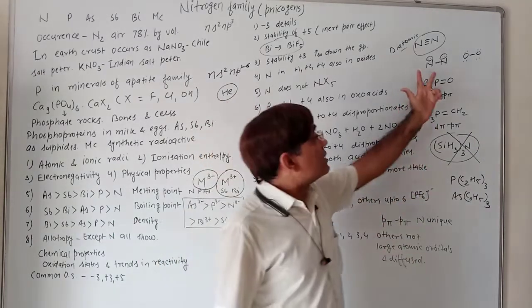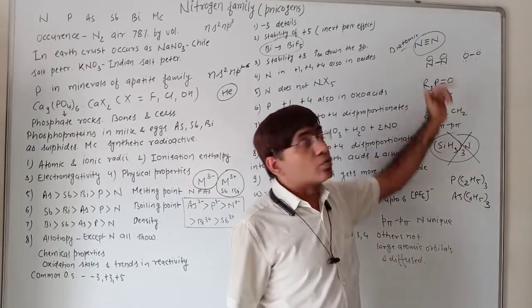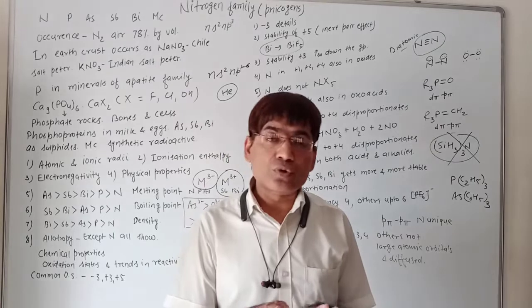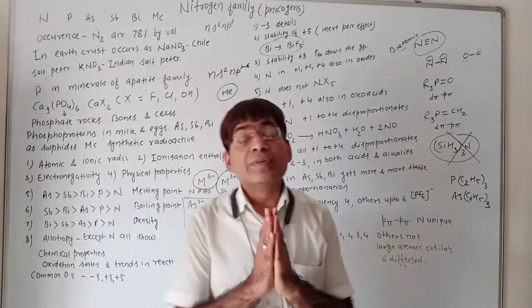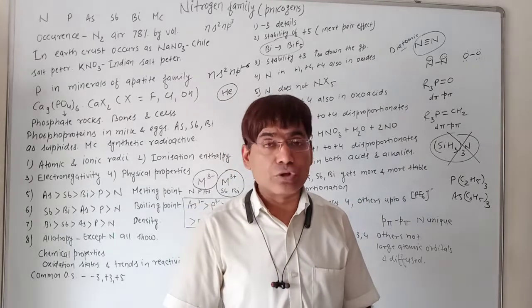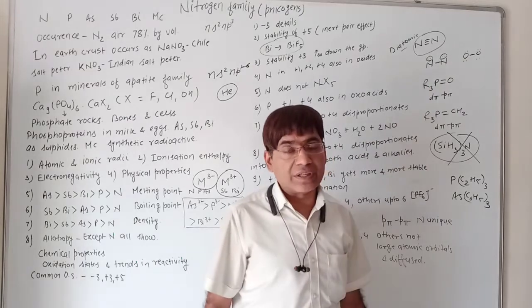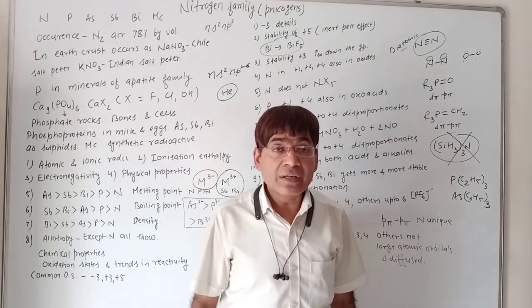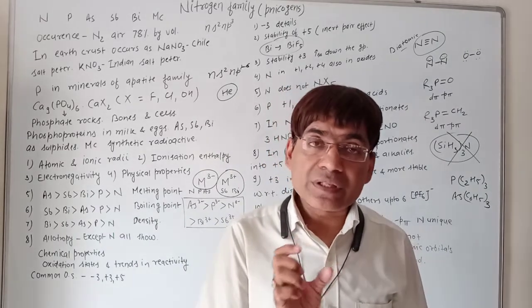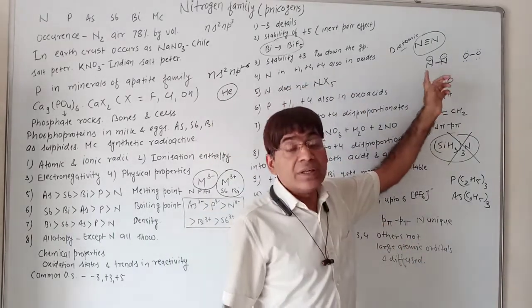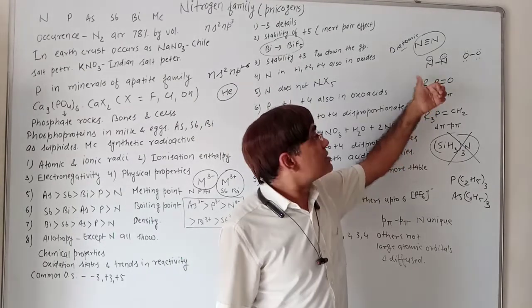Fine. So because of the smaller bond, these atoms are quite close, and because of their closeness, the lone pairs are very close to each other. When these lone pairs are very close, there will be strong repulsions between them, and because of these strong repulsions, this bond becomes weaker. Is it clear? So the single bond between nitrogen and nitrogen, or between oxygen and oxygen, is unexpectedly weaker in comparison to what?